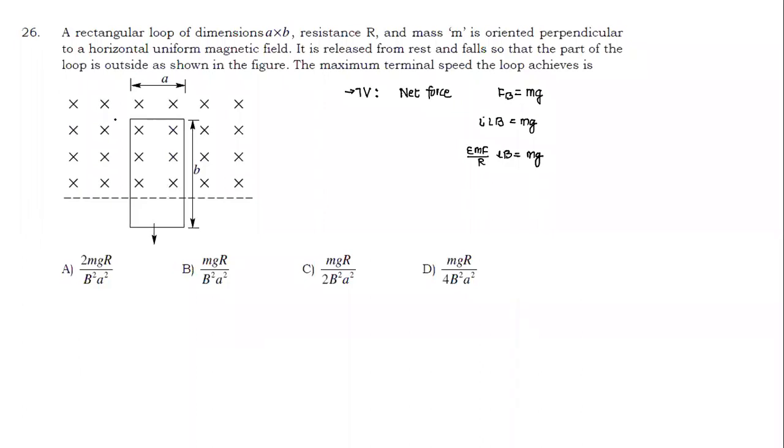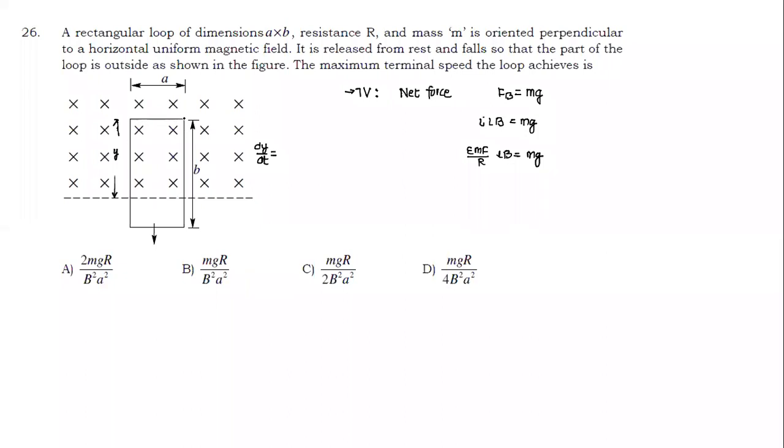One way we can write EMF is in terms of the rate at which area is changing. I can calculate flux in the total area, and in this case the area is changing. So I can write area in terms of Y, and at terminal velocity dy by dt will be equal to velocity. That's one way: I can calculate EMF in terms of flux changing in this area. So one way of calculating EMF is the area method, rate of change of flux.